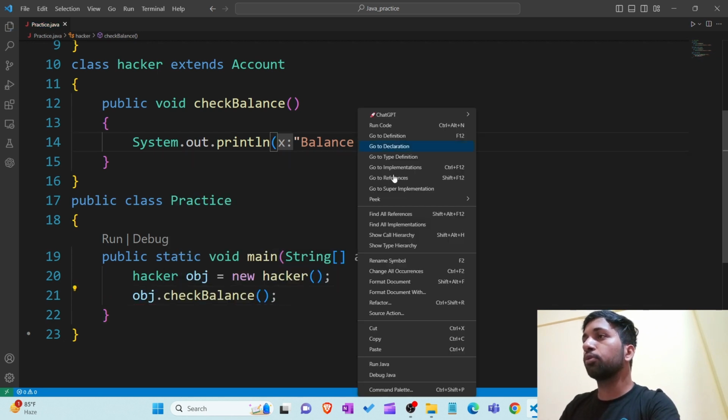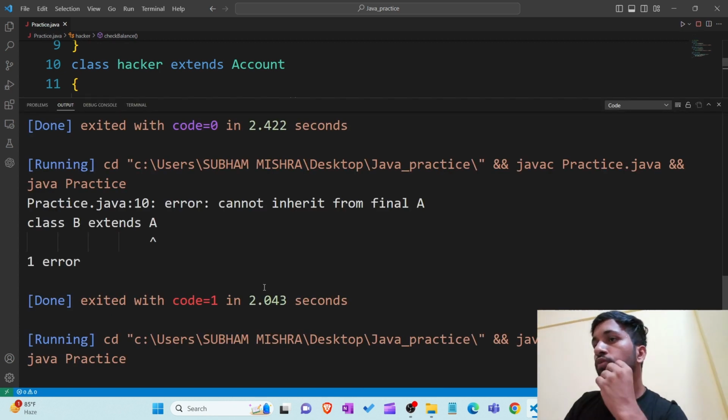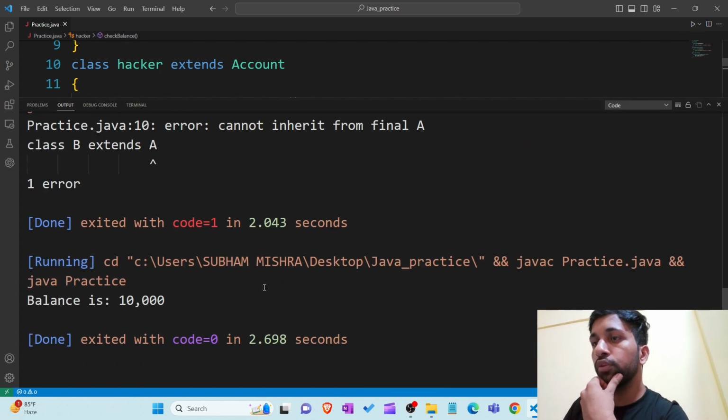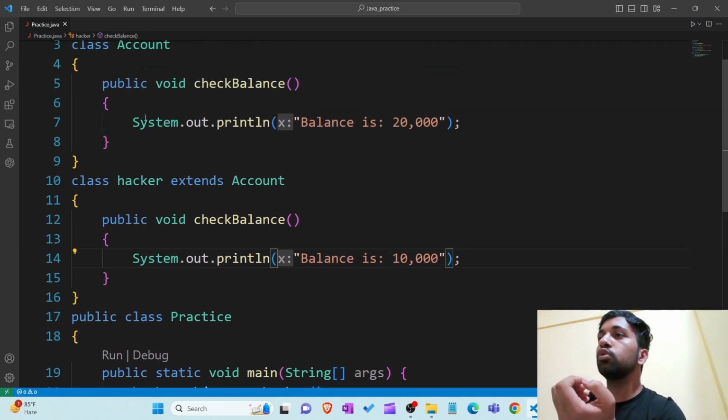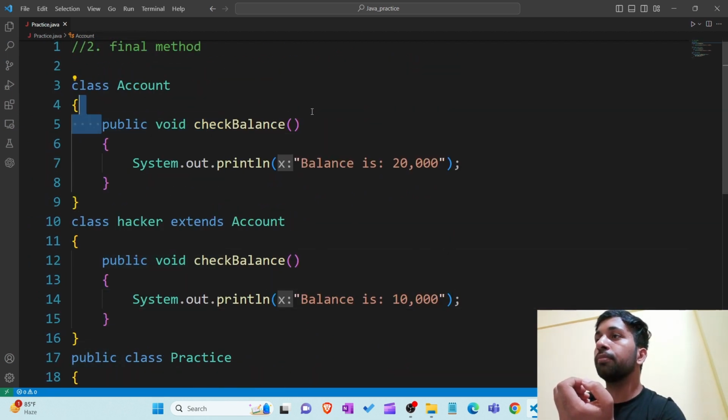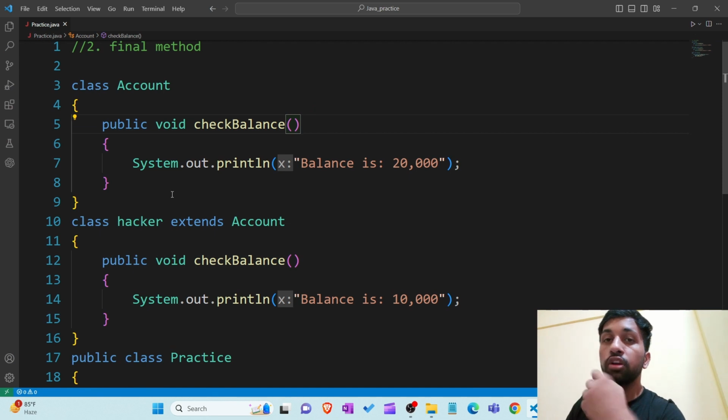If I run the program, you can see the output. What is the output here? Balance is 10,000. The meaning of that is the hacker is able to make changes to a secure method. To solve this problem,